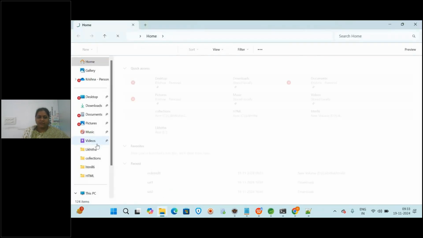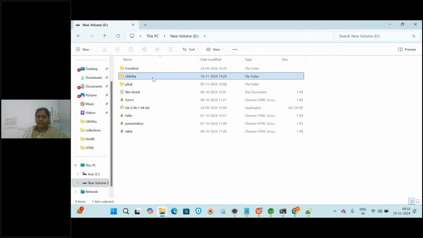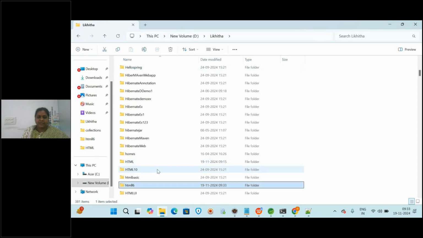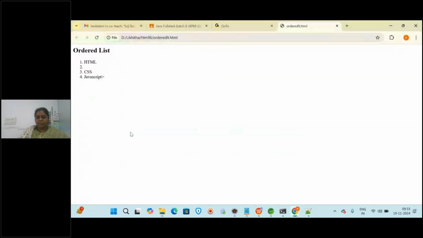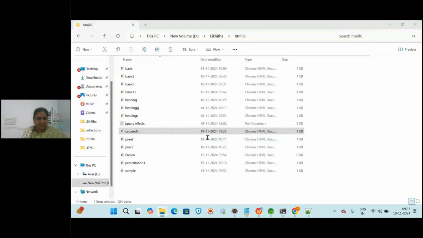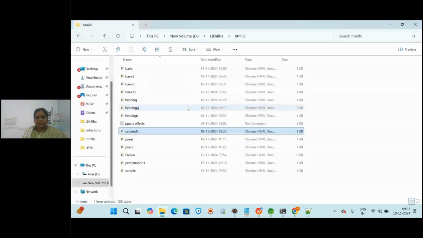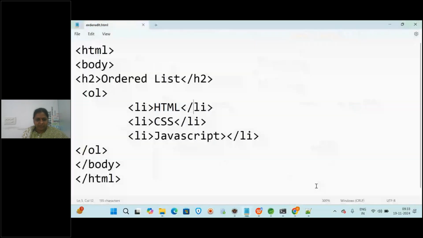You have to go to the place where we have saved. So go to the file, sorry, C D drive, and we have saved under Likita folder, and here html6, and there I have given the name like ordered list, correct? Double click on that, it is opening with the browser. Okay, one second. Why the second list of item is empty? I did not close this. Okay, save this, and then again go back to the browser, refresh it. We got it, and also there is one more small li. Okay, this additional bracket was there.